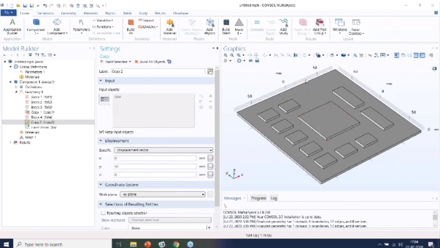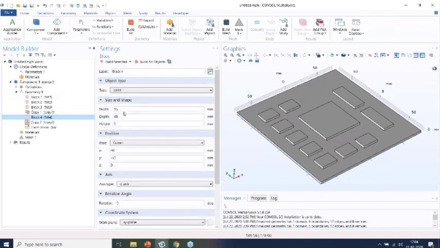Yeah, block 4 step. Someone is asking me to repeat. So in block 4 I have created this block 4 as 15